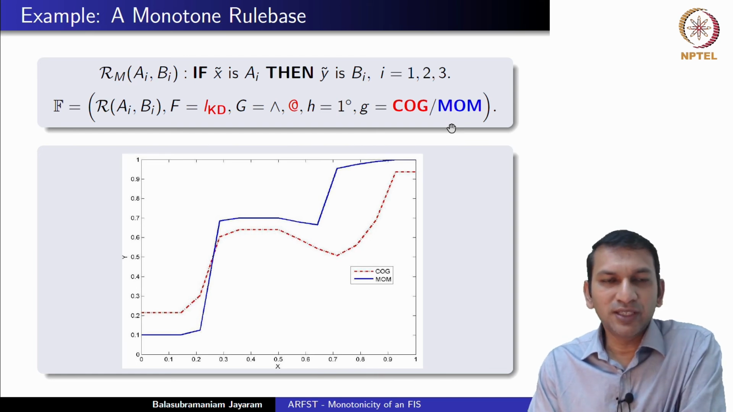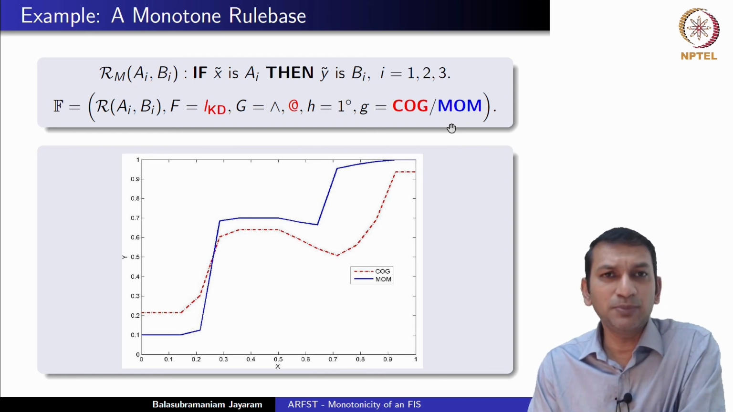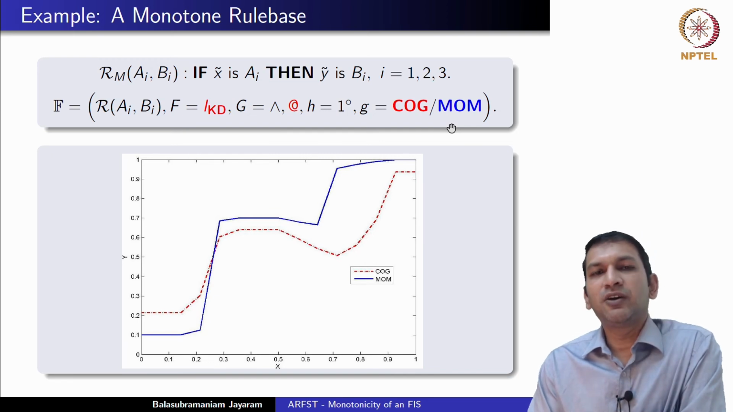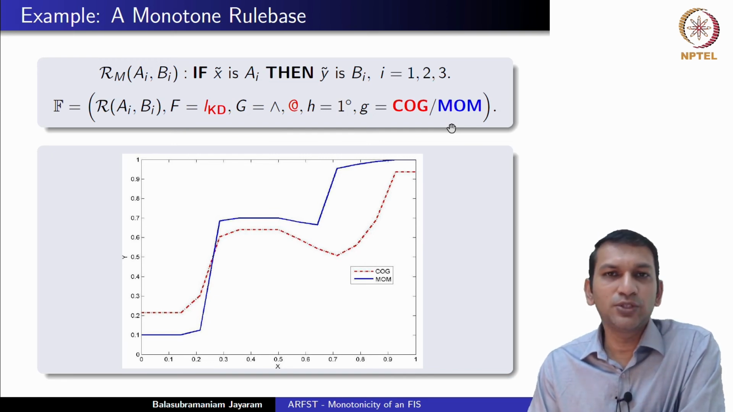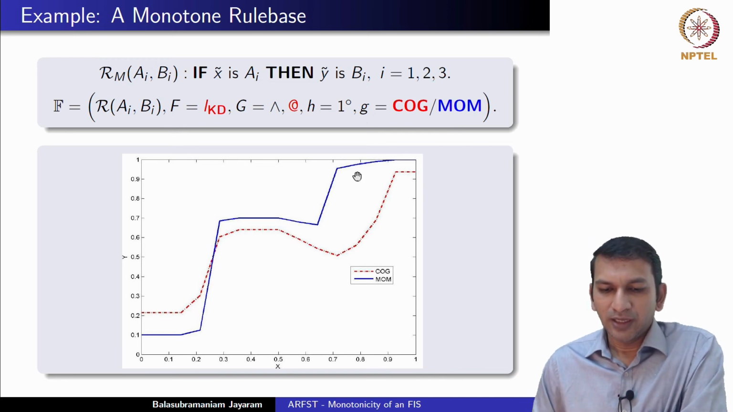So the ground truth says there is some kind of monotonicity in the system function that we are trying to capture. Then we expect that our fuzzy inference system, in this case we are using an FRI, should also capture that, and the defuzzified output, the corresponding mapping looked at as a mapping from X to Y, should also be monotone. However, if you see here, if you use the center of gravity defuzzification method, we see that this function